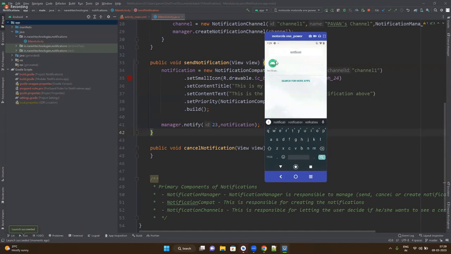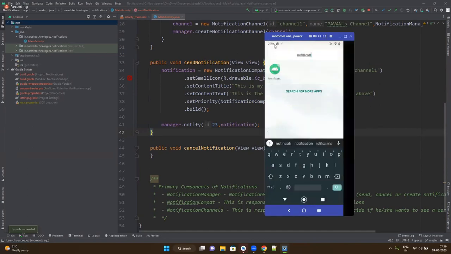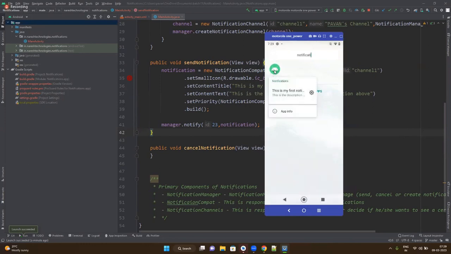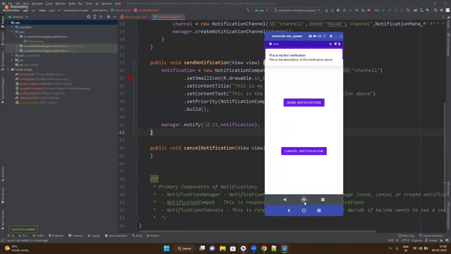So there is a notification badge that is displayed. Can you see that? Now can you see that? If you do a long tap, you get notifications here. So this is my first notification. You can also cancel the notification from here. Okay, not only that,